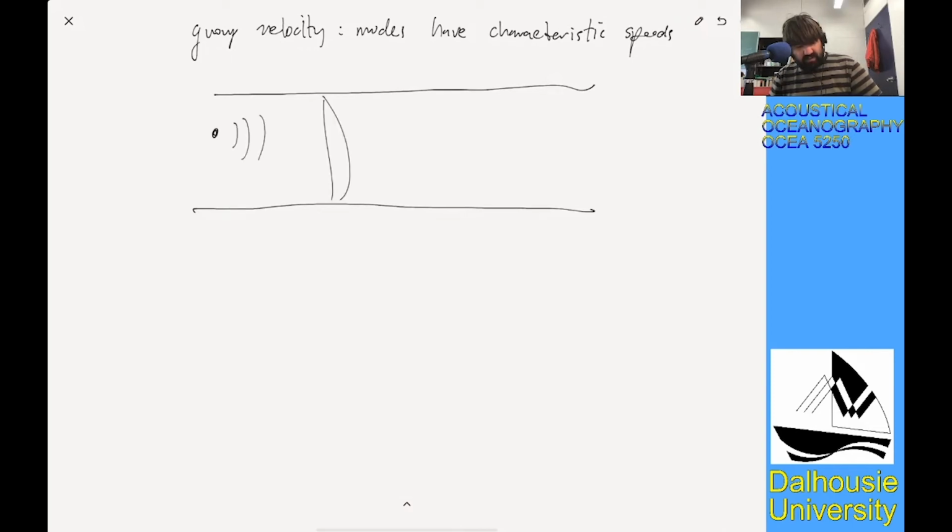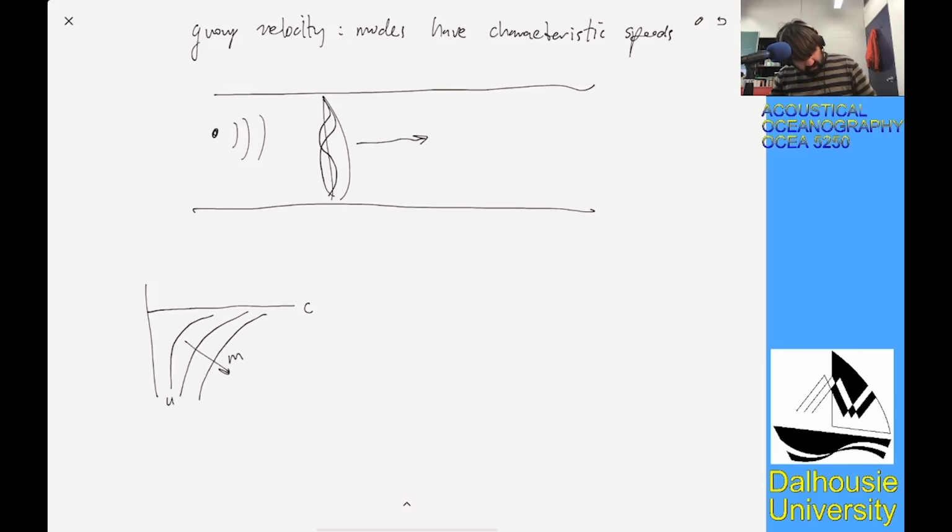At first all the modes are sitting on top of each other, right? But as it propagates out, you recall our diagram of mode speeds, where this is c, right? M going this way, U1, U2, U3. So if we have some receiver out here, let's say an array of receivers out here,